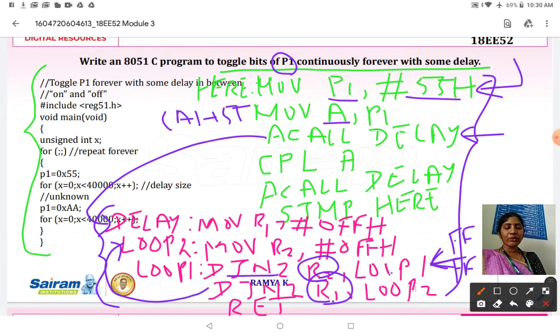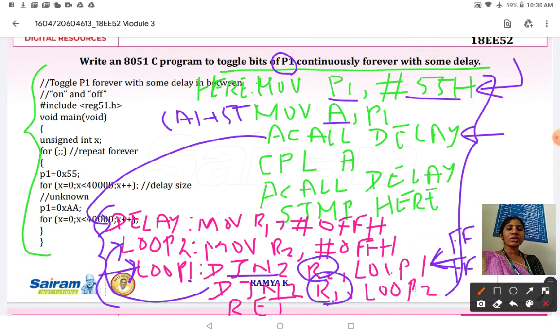Again when R1 is equal to FE, this loop will run for FF times. When R1 is equal to FD, this loop will run for FF times. So likewise, till your R1 becomes 0, loop 1 will run with a value of FF for FF times.